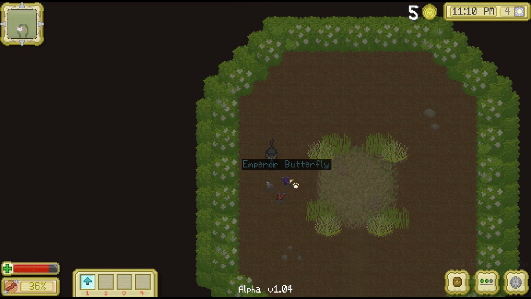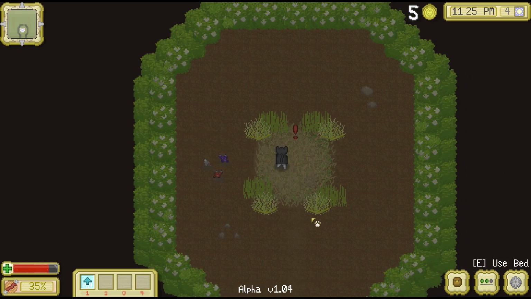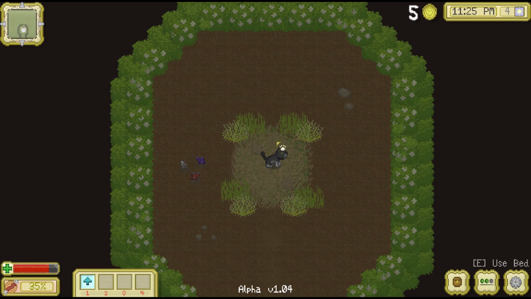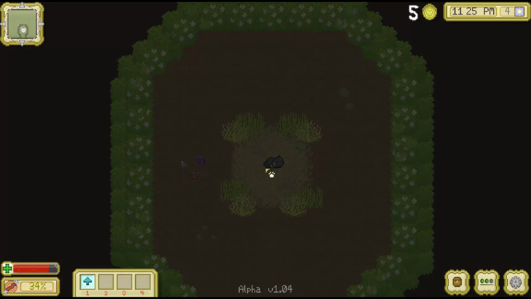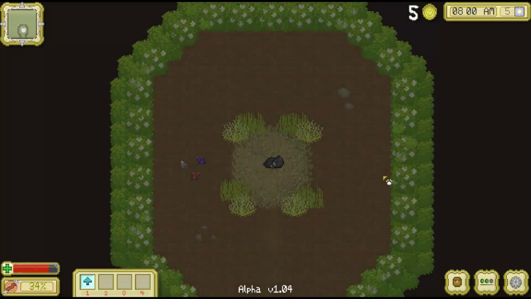It looks like the emperor butterfly might be a little bit more rare too, because it does have that blue lettering. I bet Lyris would love it if we gave him one of those. But let's let Penny go to sleep for the night, because she certainly needs a big long rest after all of that mining. And next time we'll see if we can find some of those